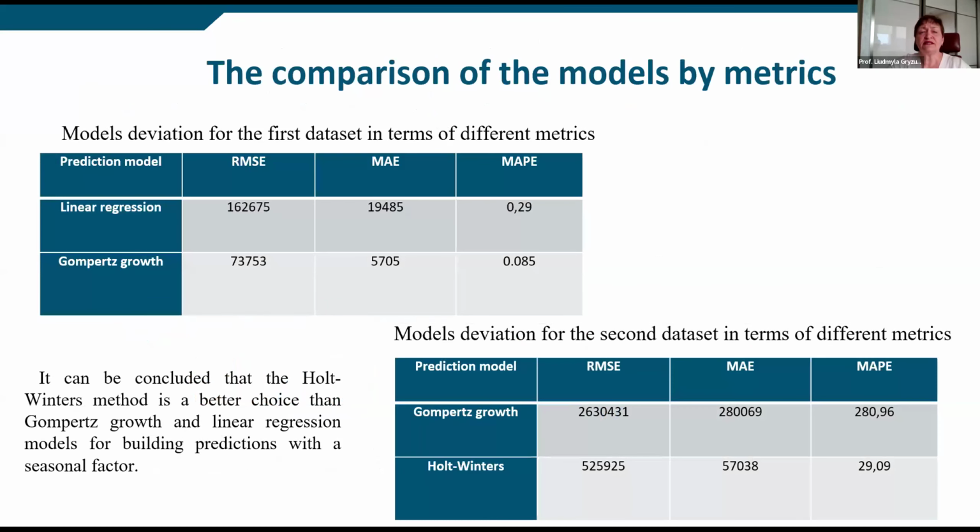So here you can see the summary of comparisons of models by all of the metrics, and it can be concluded that the Holt-Winters method is a better choice than Gompertz growth and linear regression models for building predictions with the seasonal factors. Our practical conclusions were also